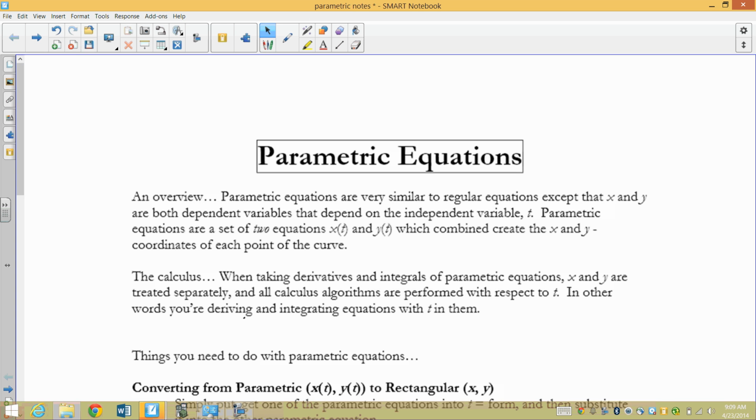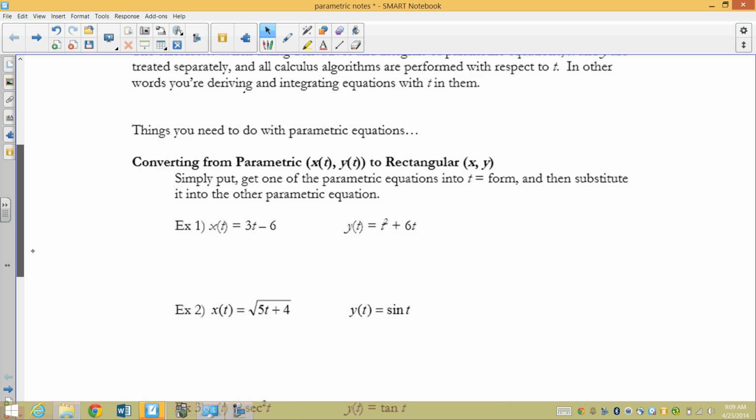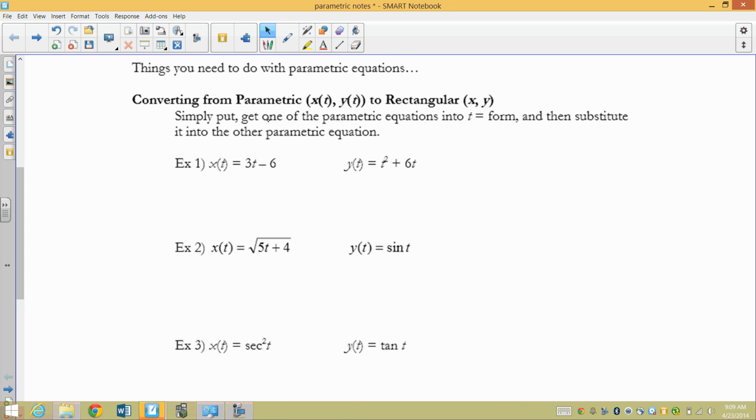Things you need to do with parametric equations. We need to be able to convert from parametric to rectangular. So you have x in terms of t and you have y in terms of t. If you want to get them from two equations down to one and you want it in normal y equals form that you're used to,